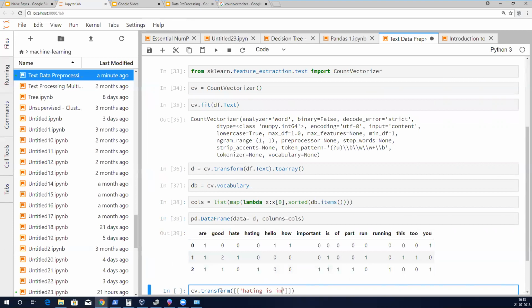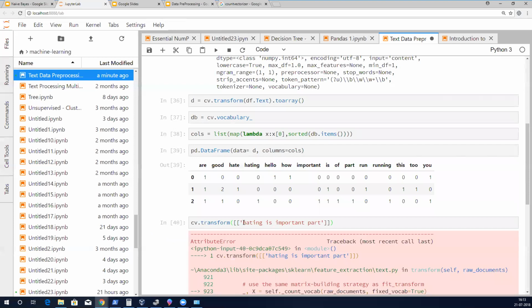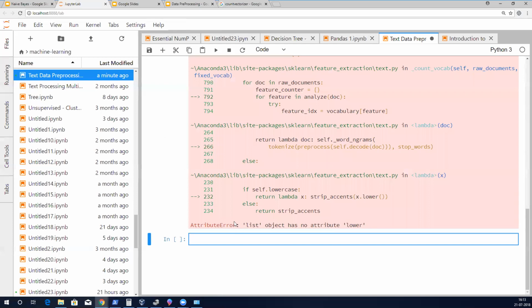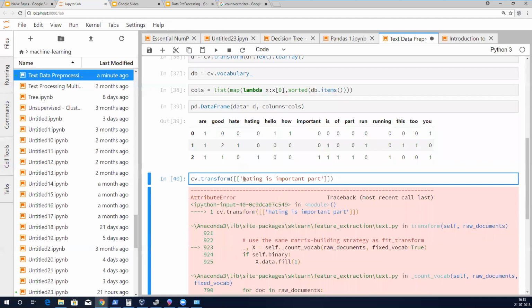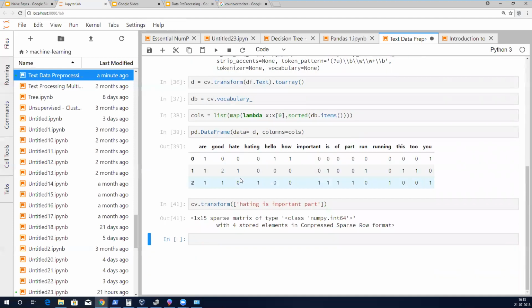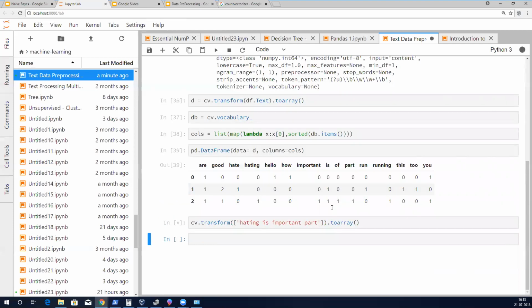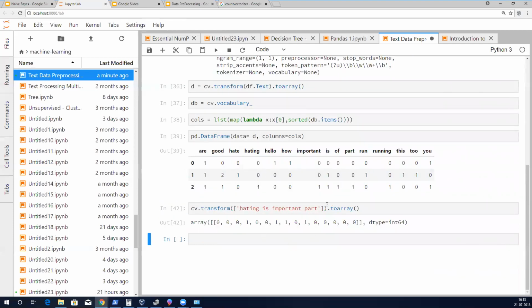If I do this, see here, given this text is converted into a vector of this. So no matter what text you give, it will now vectorize into this.